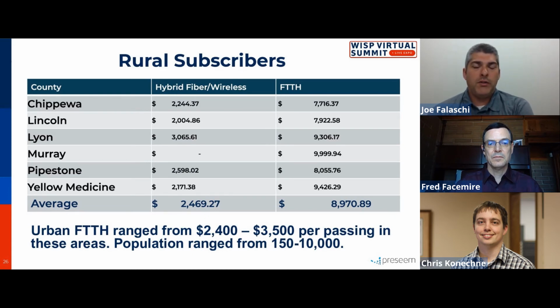When you're designing a system like that, what does hybrid mean? I know the country's a big place. There's so many different deployment methods that you could do, but when you put wireless and fiber together, where does each have a home? Sure. So as I mentioned, on those specific instances, what you're looking at is Midwestern cornfield areas,